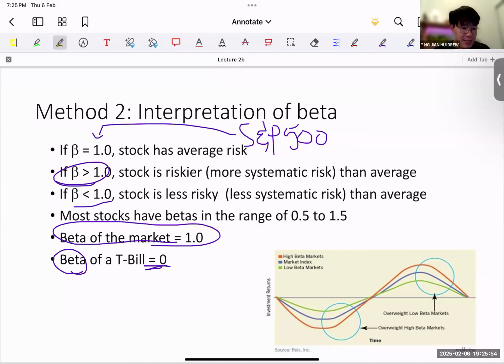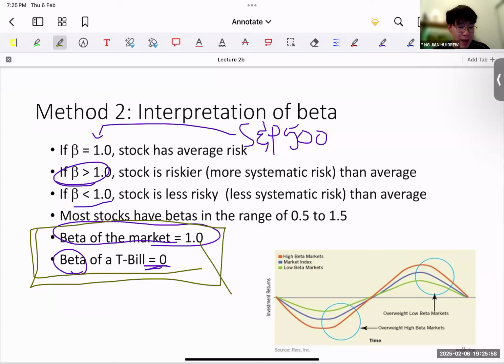All right. So now these two betas are very important. You need to memorize this. The market beta is 1, this is important. This is something you need to know as a baseline, as well as for risk-free or government bonds, the beta is 0. Okay, so put 2 stars here. So please be very clear on the beta.